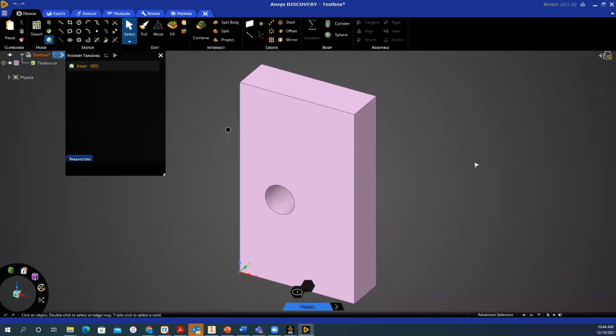Okay. So this geometry was automatically imported within the Discovery interface. And you will notice that the block recording already automatically showed up. Similarly, over here, history tracking automatically shows up when you try to connect your active CAD to Discovery. History tracking is very similar to block recording. There are some minor differences between the GUI interface and functionality. But for the purpose of importing geometry, tracking parameters, seeing how they are updated, history tracking does the same thing